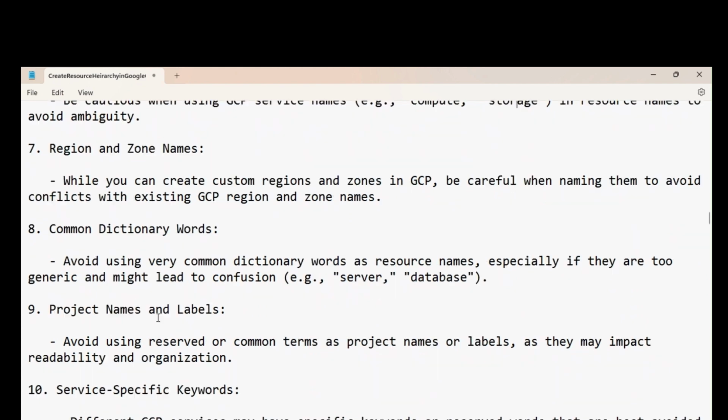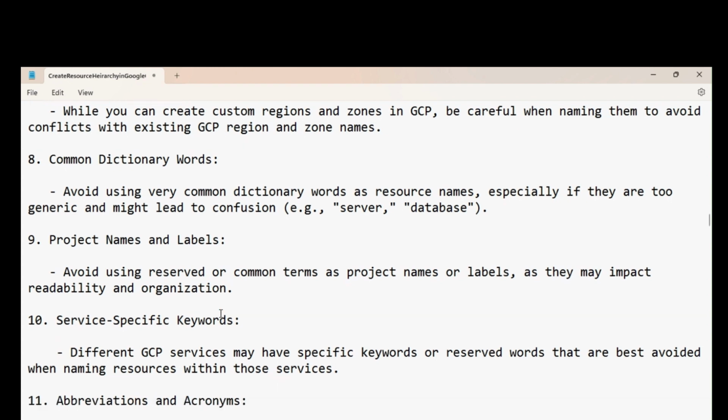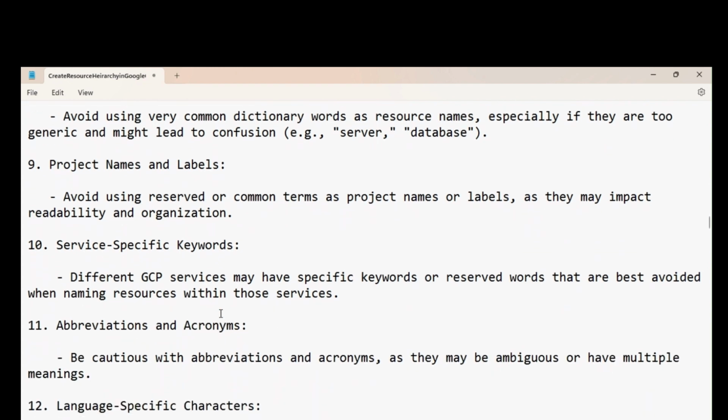Region and zone names. Common dictionary words like server, database. These are two generic words. Avoid that. Project names and labels: avoid using reserved or common terms such as project name or labels as they might impact readability and organization. Service specific keywords: different GCP services may have keywords or reserved words that are best avoided when naming resources within those